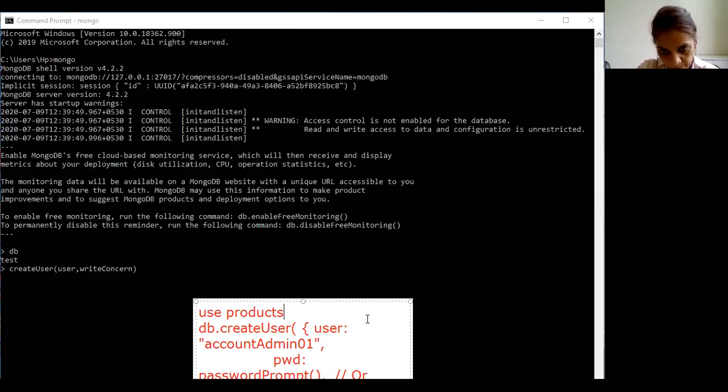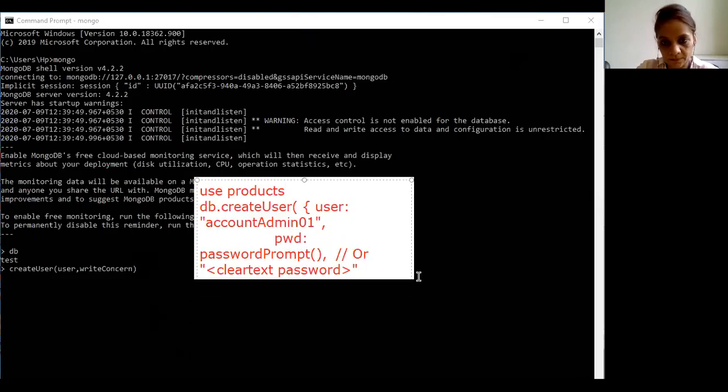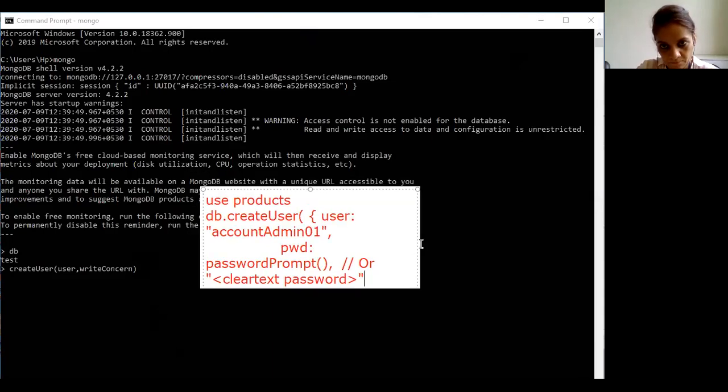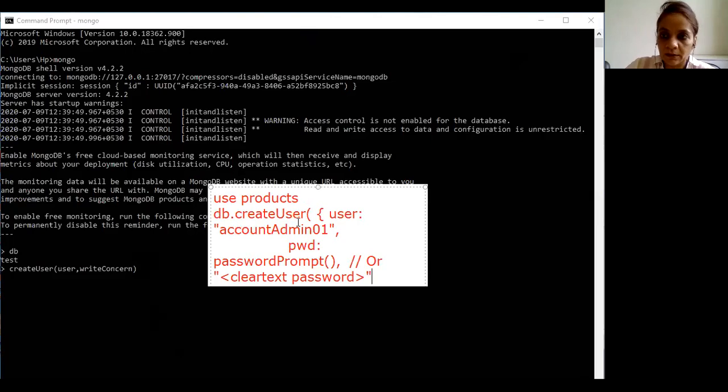Now see, here we are using a database named products, and the command is db.createUser with the user account admin 01.